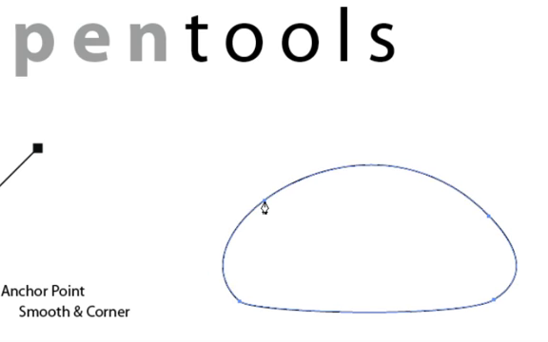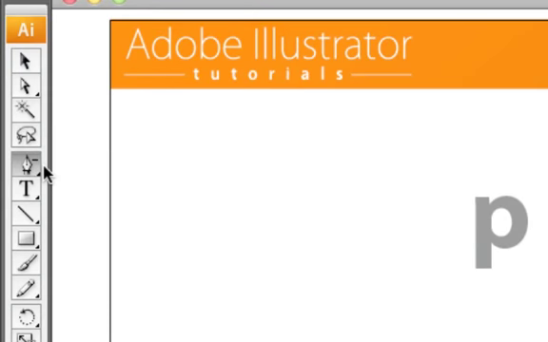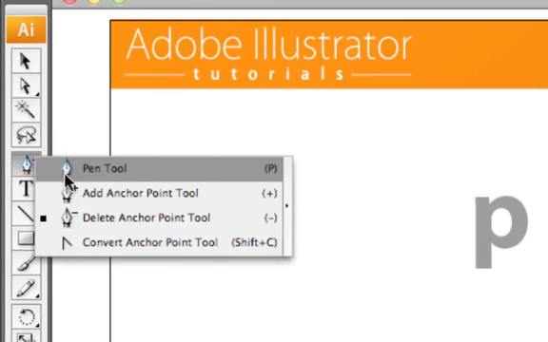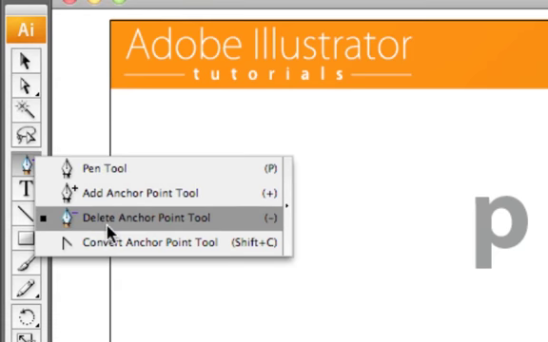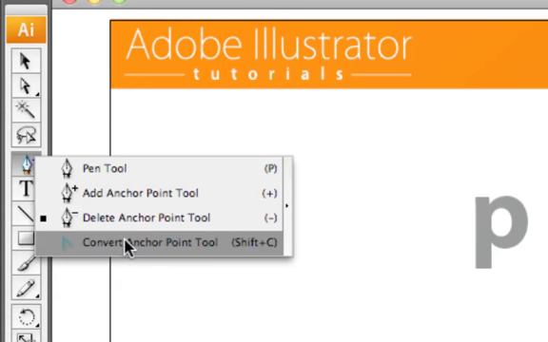Now let's say after creating an object, let's say I've created this smooth object with smooth anchor points, and now I want those anchor points to be corner points. There is a convert anchor point tool. If we come down here and go to convert anchor point tool,